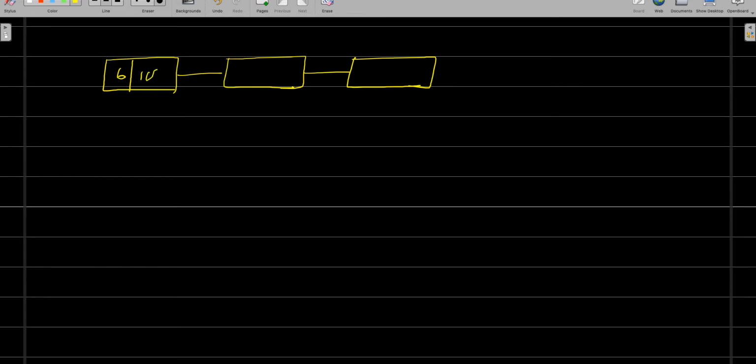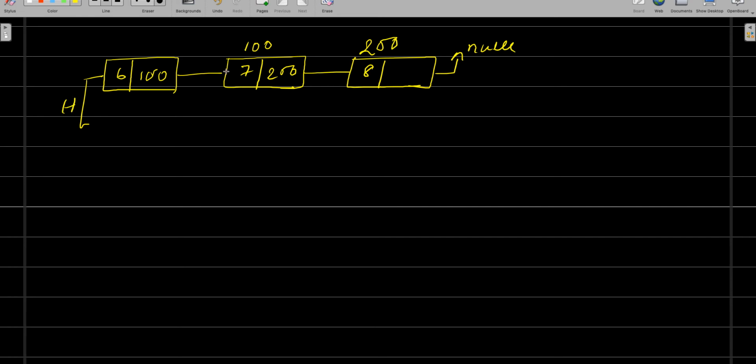Assume that it is 100, which means 100 is going to be the address of the next node. 7, 200, which means the 200 is going to be the address of the third node, right? And the last node, you know that it will always point to null, and the first node is always a head node. Okay, so head will always point to the first node.